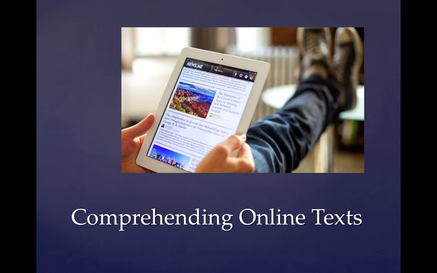Now, comprehending online text is an important skill for our students. The skills and strategies used to comprehend traditional print text are also used in comprehending online text. But there are some other complexities that are associated with online comprehension. So skilled online readers typically call on their prior knowledge of website structure and also how search engines work.